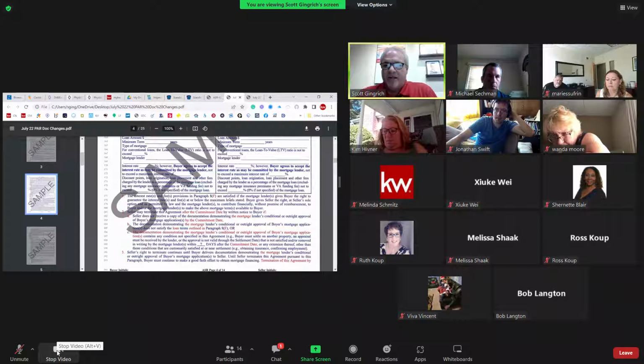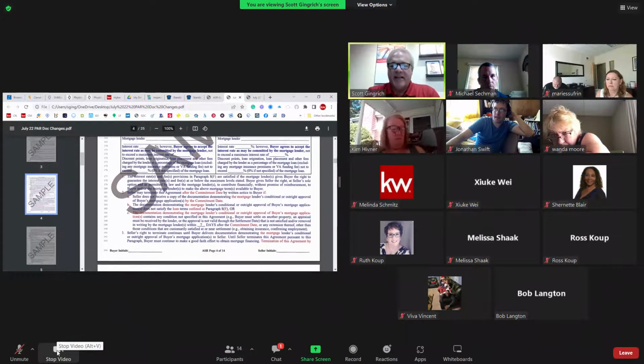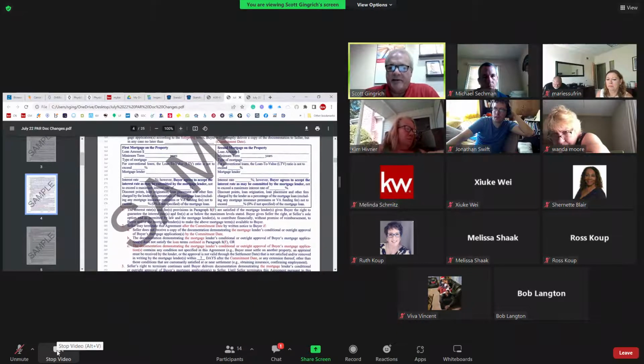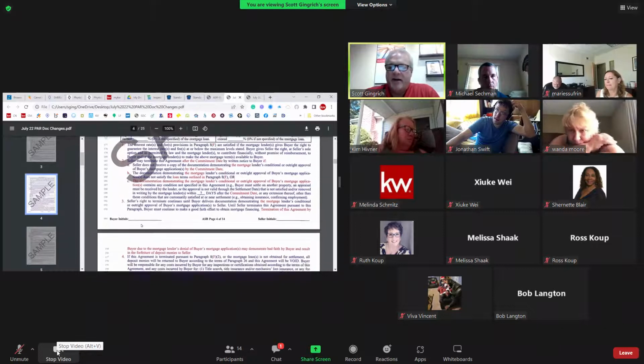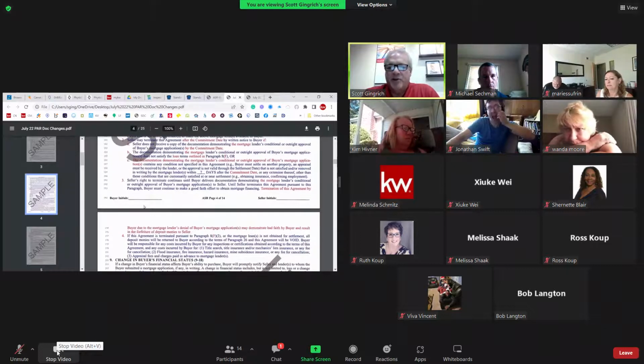The buyer, if something like that happened, or if their loan was out of whack, is required to do everything that they possibly can in order to satisfy this portion of it. So they just can't give up. They have to try. And if they do terminate, they added this part down here, which says termination of this agreement